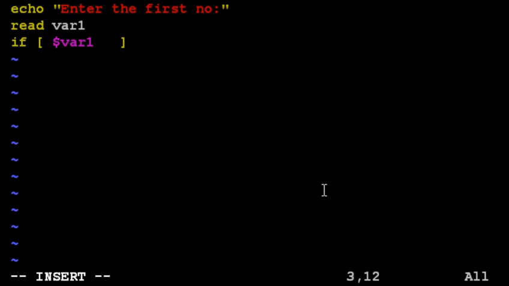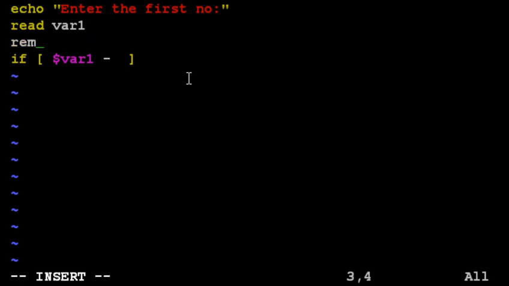So if $var1 is equal to, now here if you want to check whether the given number is odd or even, you have to check whether it is divisible by 2 or not. For that, first you store the mod.